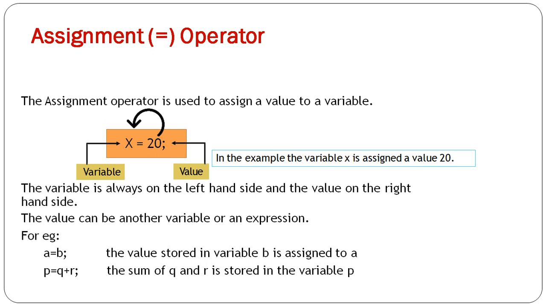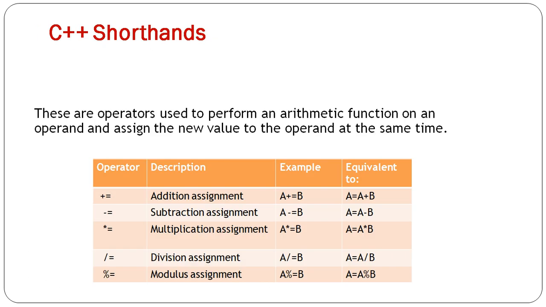In this, the left operand in an assignment operator must be a single variable, and there are two forms of assignment: simple assignment and compound assignment. So this is a simple assignment statement. Here we have a compound assignment statement. We also refer to them as shorthands. The left side operand must be a variable but not a constant, and the left side variable must be able to receive the value of the expression. If the left operand cannot receive a value, we get a compile error.